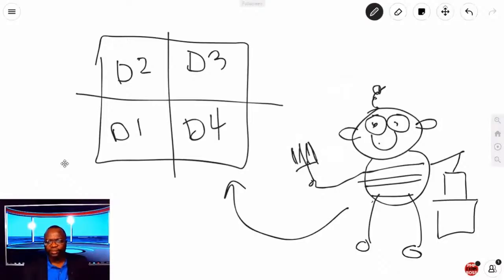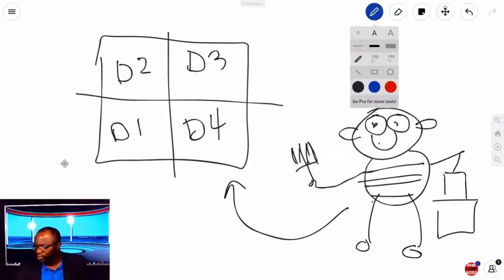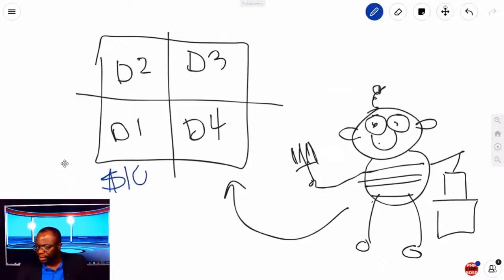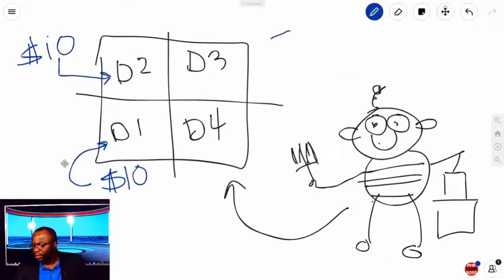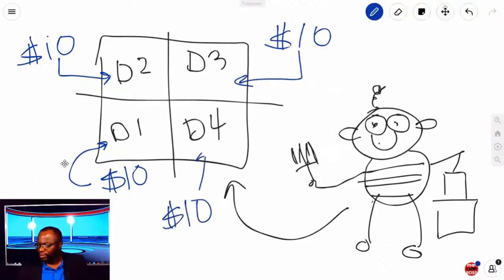And then management says to Herman, "Okay, so how much is this going to cost you?" Herman says, "No problem. On day 1, this is going to cost $10 to paint that part of the wall. On day 2, it's also going to cost me $10 because the conditions are exactly the same. On day 3, it's also going to cost me $10 to paint that. And on day 4, it will also cost $10. Management says, "Herman, look, the last time you did this, it ended up costing us $120. Are you sure you've got your maths down pat?"